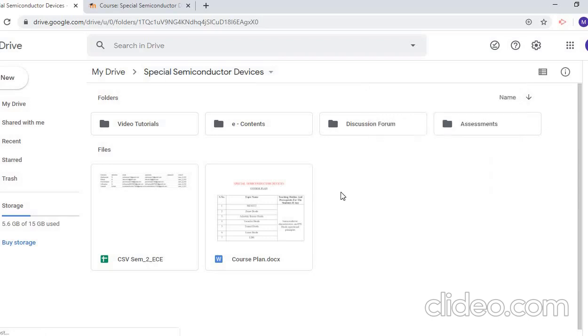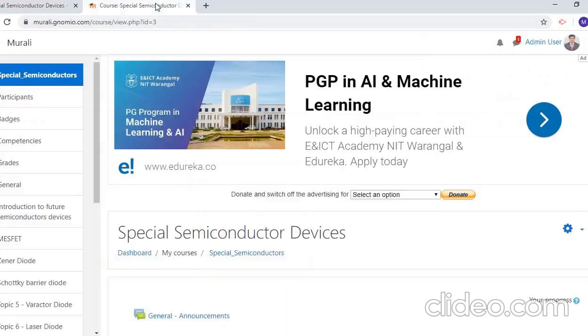Okay, so next is how to upload this course plan into the Gnomio website. You have the course plan in your Google Drive. For that I'm going again to the courses in my gnomio.com.